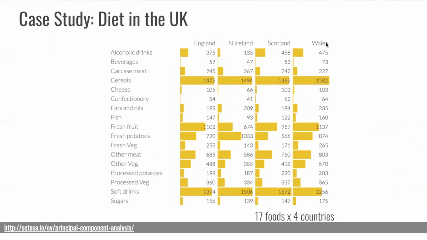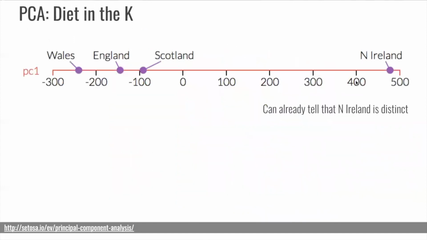And you can envision this having way more foods and way more countries, but we're just going to focus on these 4 here. And you see information about their relative consumption in each location. You can calculate principal components from these data. And when you look at PC1, you see that Wales, England, and Scotland tend to cluster together. And you can already, in a single variable, using all these underlying food information as your inputs, see that